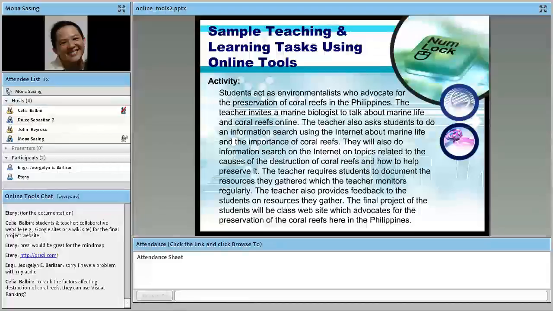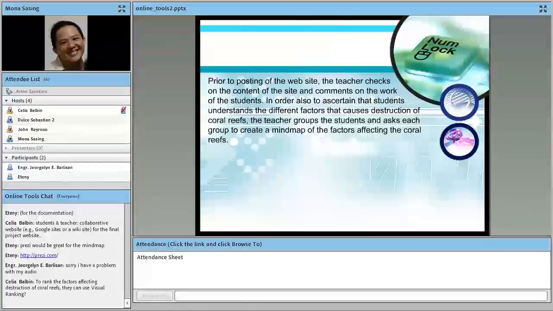Then they can make use of the bookmarking and citation sites when they do their search, and they can also make use of the visual ranking, the seeing reason tool, when students create a mind map. They can use the seeing reason tool to illustrate through a diagram the causes and effects of coral reef destruction. Okay?